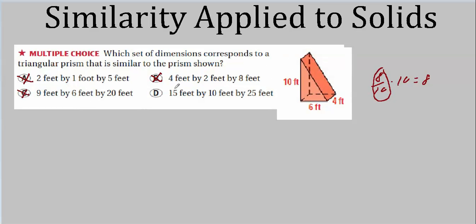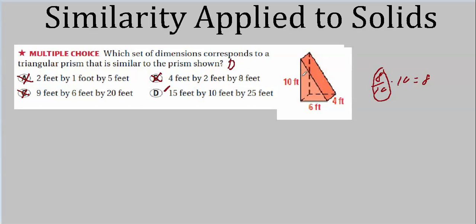Let's make sure we did this right and see if this one actually makes sense. What would our scale factor be to get from 10 to 25? 2.5? Okay. So our smallest one here is 10. That should also be 2.5 times 4. And 2.5 times 4 is 10. Okay. What about 2.5 times 6? Well, that's 15. All right. Got it.